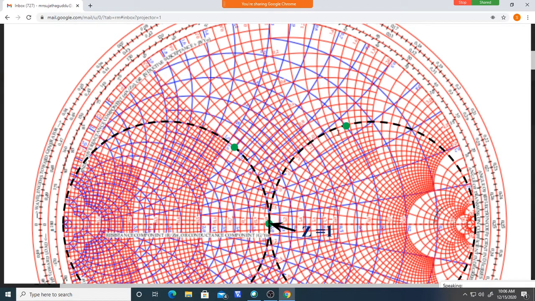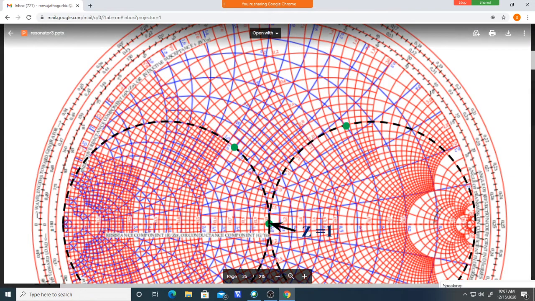Because the circle value, if you draw one more circle, it will pass like this. Is that correct? The susceptance circle's value is in between this circle and this circle. So take this circle value and this circle value, the intermediate of that is the value of B here. It is in the upper part of this Smith chart, where the values of B are negative. So it is around 0.3.